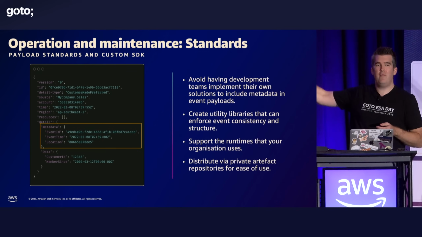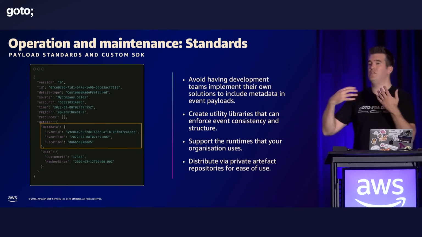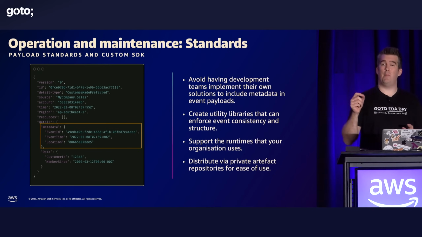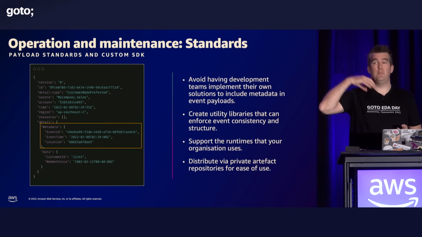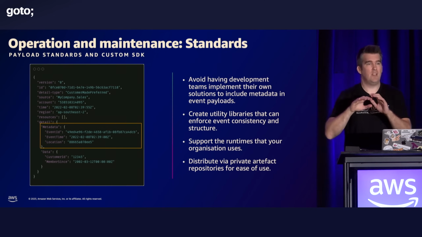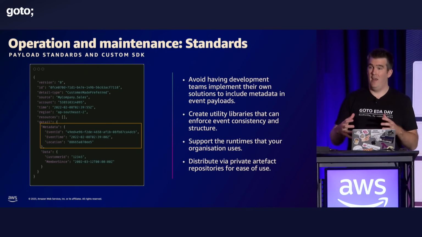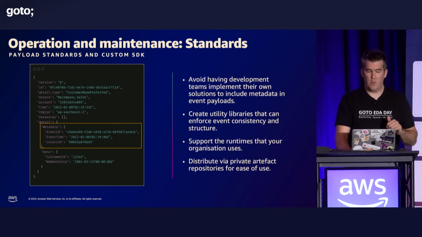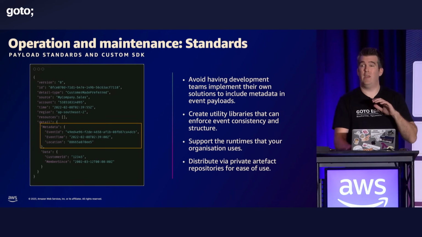This becomes very, very interesting when you start using things like EventBridge. We can create a rule on your standard patterns, and you could say, I want to listen to all the events that are coming out of this particular project, this particular team. I can actually set up an event to listen to that domain. So interesting things start to happen here and help with observability. I really recommend if you're starting, just think, are there standards we can use here? Is there a common SDK that we can build on the team to scale out in the organization?